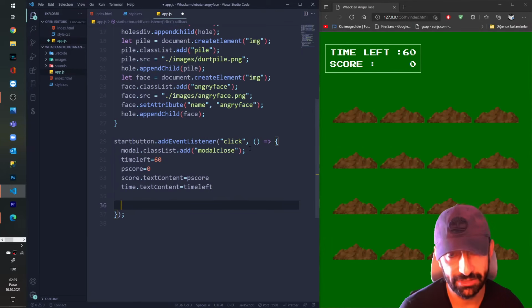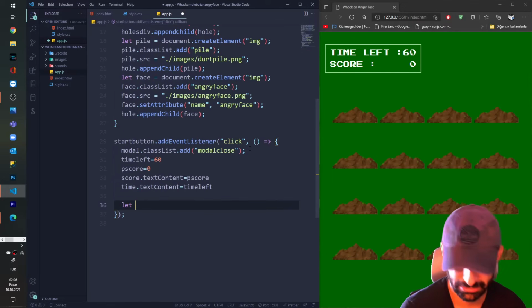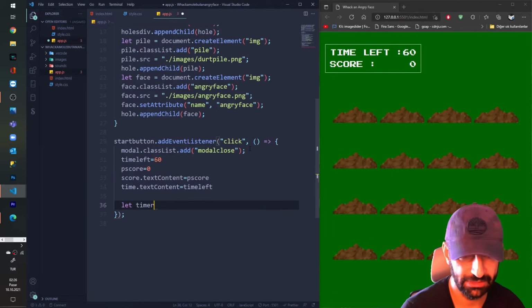And then the tricky part here for the interval is, in order to clear the interval, we have to declare it inside a variable. Okay, if we don't declare set interval inside a variable, it's not gonna trigger the clear interval function. Let's have this in mind. This is very important because if we don't put it inside a variable, the clear interval will not work in our game. So I create a variable here. I say let interval.